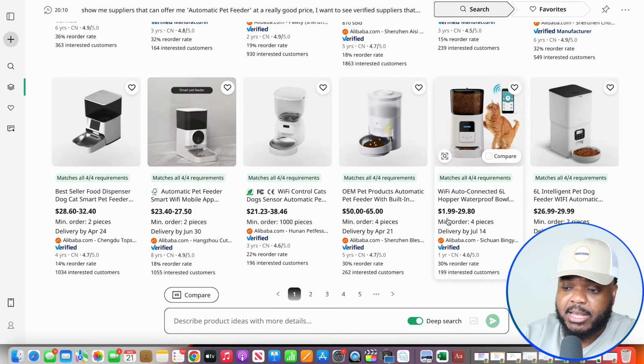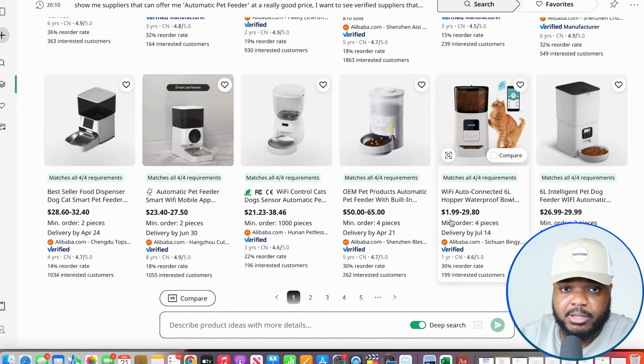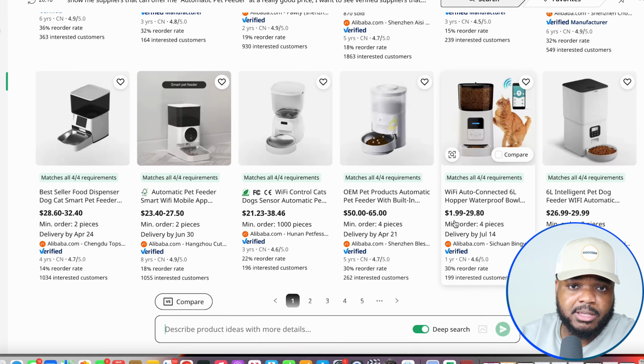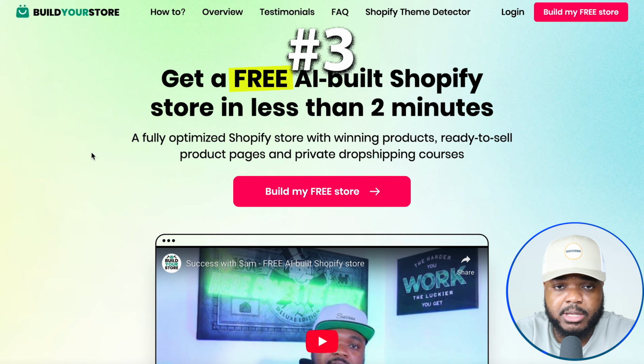I would estimate that 70% of the sellers on platforms like Amazon are using Alibaba when it comes to buying their products cheaply so that they can list it for a higher price and make a profit. But this now brings me on to one of the next AI tools that I want to show you that doesn't require any payment when it comes to using it, which is this one over here that's going to build